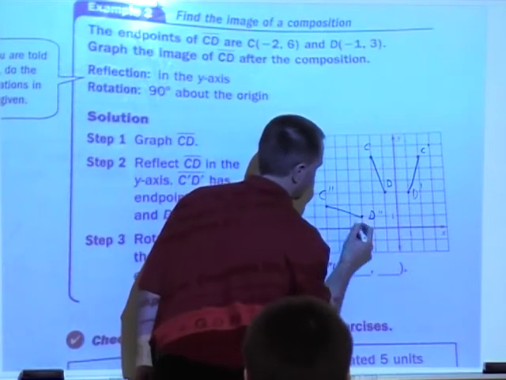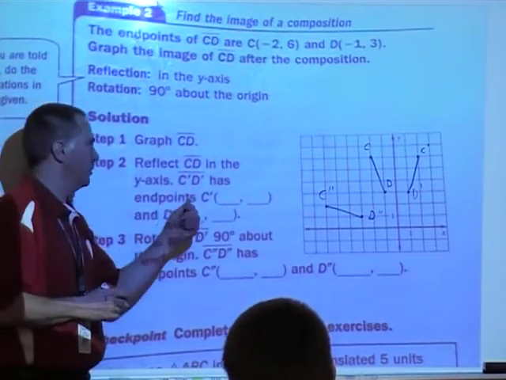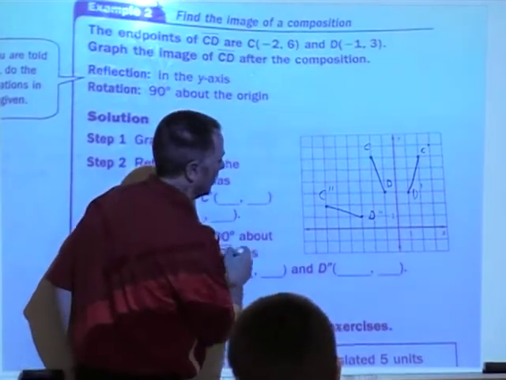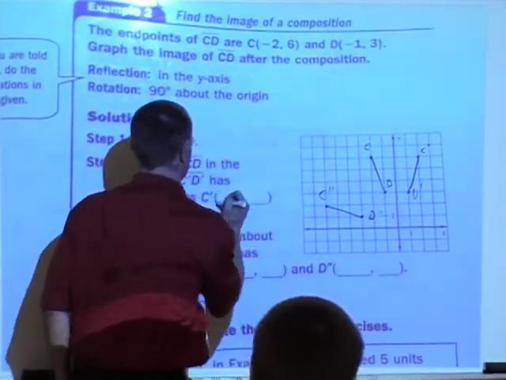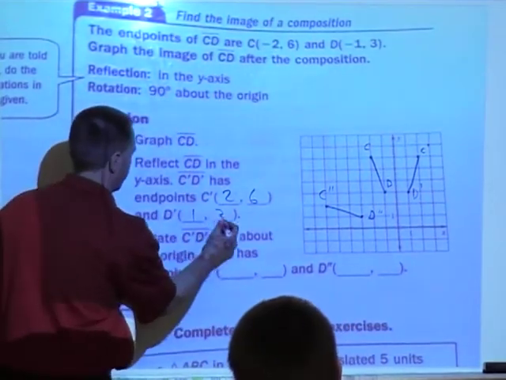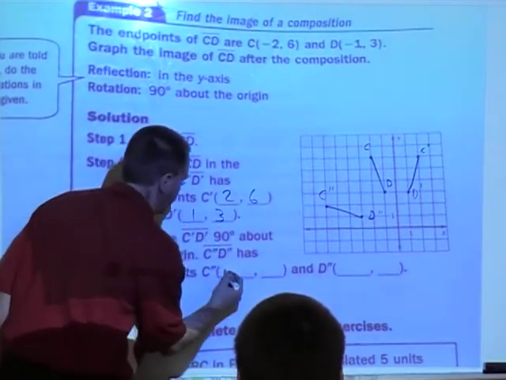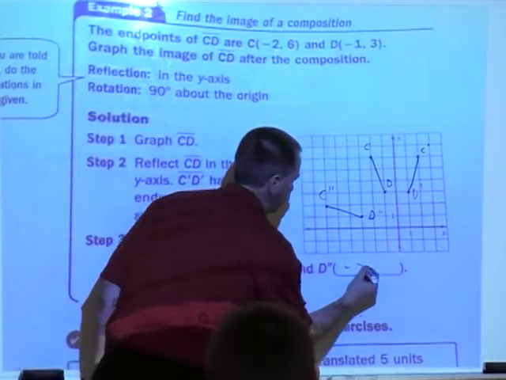C double prime. Okay, so graph CD we did, reflect CD in the y-axis, has the endpoints 1, 3. Oh, I'm sorry, that would be 2, 6. And D prime is at 1, 3. And then we rotate it 90 degrees. So C double prime is at negative 6, positive 2, and D double prime is at negative 3,